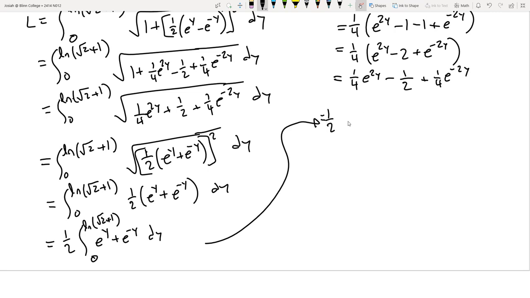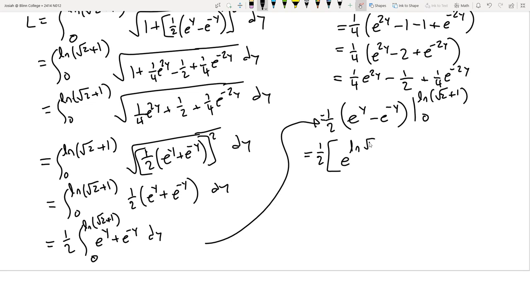And we'll have then e to the y minus e to the negative y evaluated from 0 to the natural log of root 2 plus 1. So we'll open up some brackets. E to the natural log of root 2 plus 1 minus e to the negative natural log of root 2 plus 1, minus e to the 0 minus e to the negative 0. All right, so this is the same quantity twice, so these guys cancel. So we're looking at 1/2